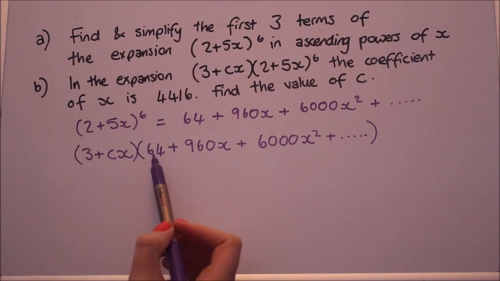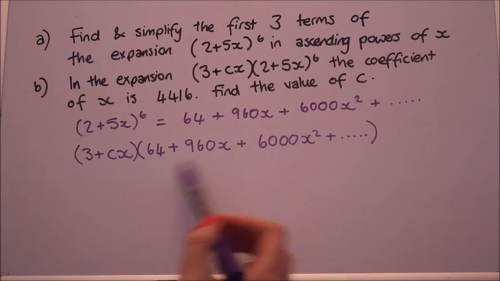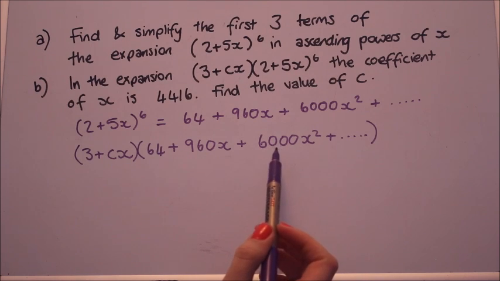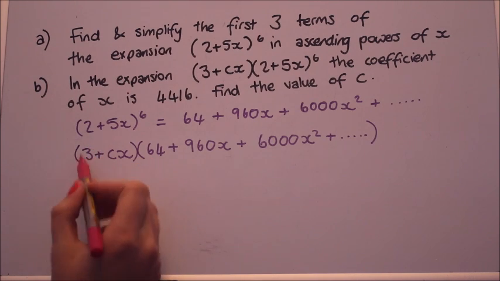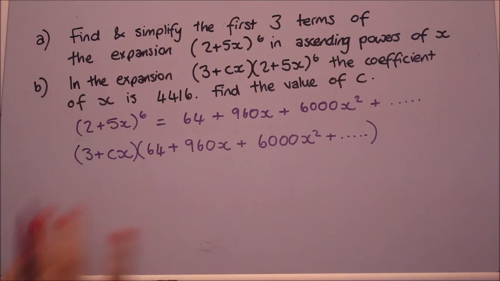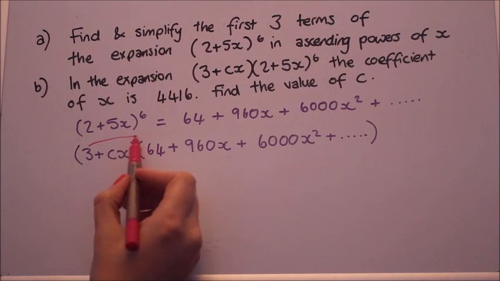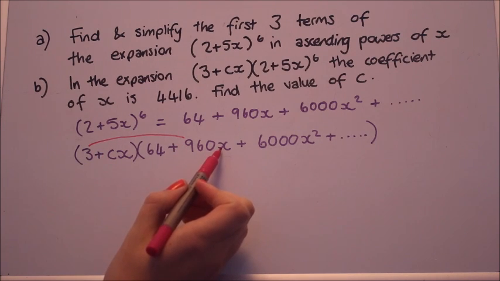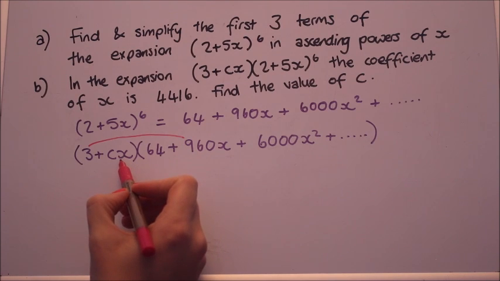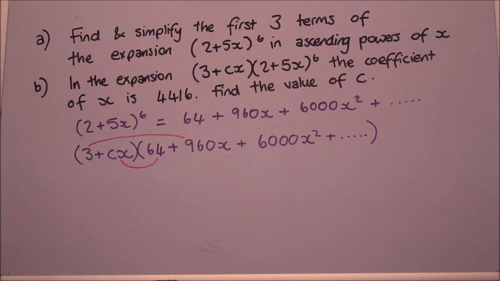Now this one we can write as the expansion we found in part A, so we use part A and part B. Now to find the coefficient of x, that's going to come by, if you times this bracket with this bracket, so times all the terms together, if you do 3 times the x term, that will give you a number with x, that will give a coefficient of x, and also this term times 64 will give a coefficient of x. No other combination will give x, it will either be just a number or a different power of x. So those two are going to give us